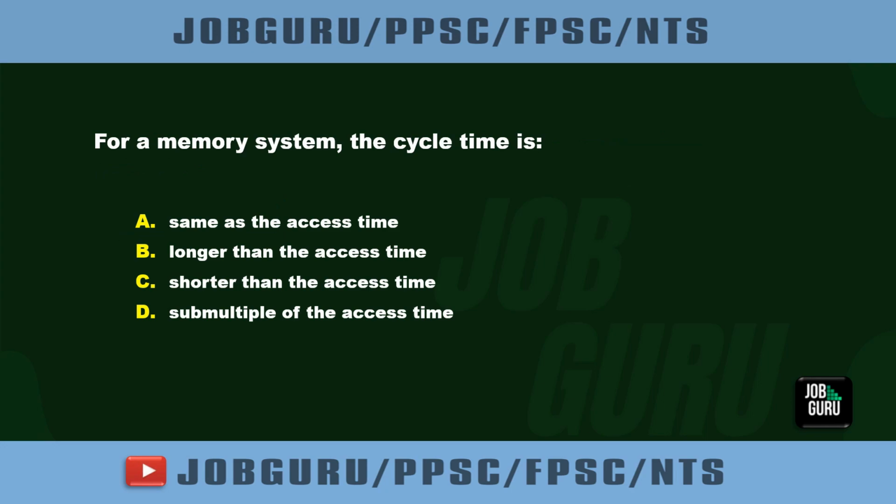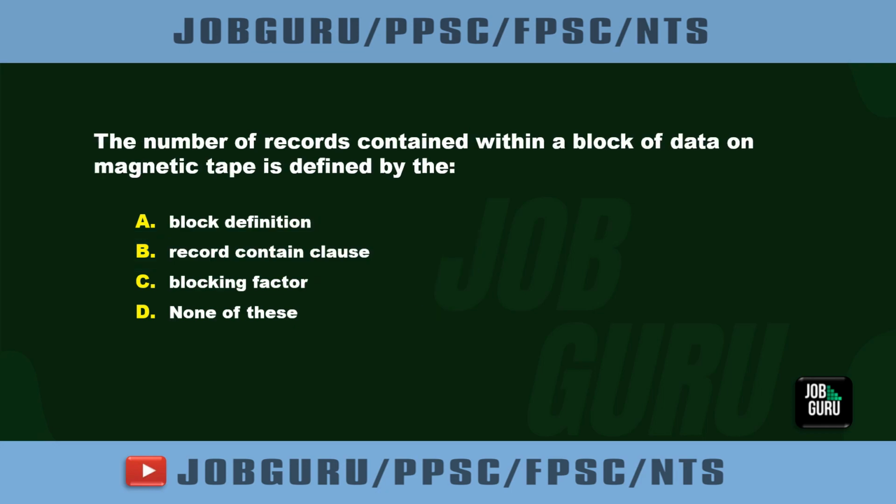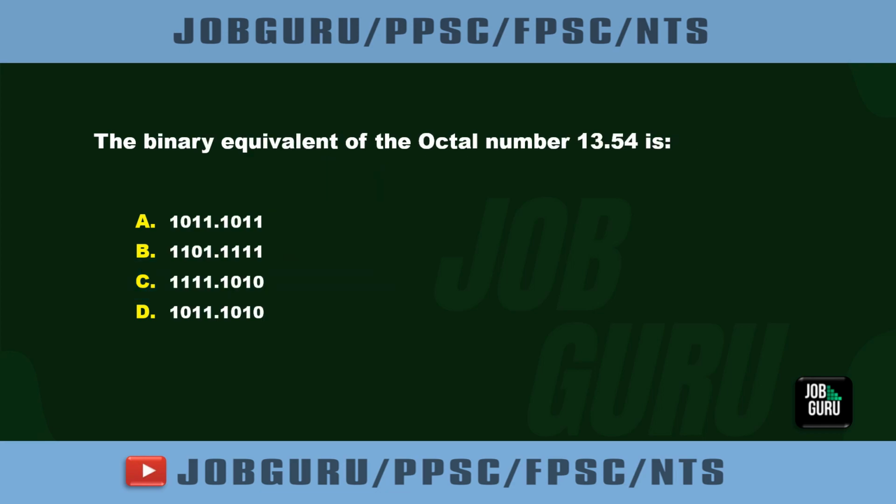For a memory system, the cycle time is. The number of records contained within a block of data on magnetic tape is defined by the. Binary equivalent of the octal number 13.54 is